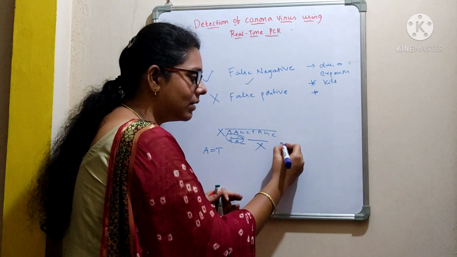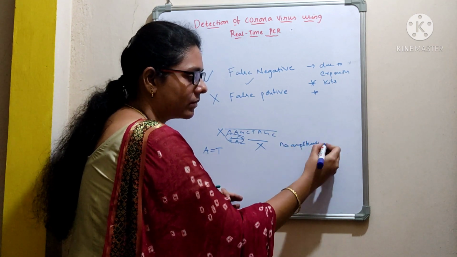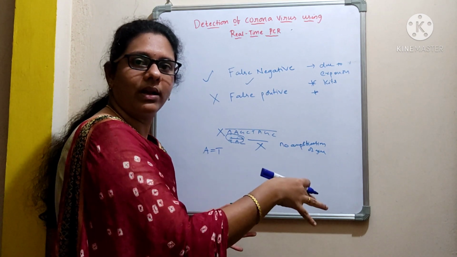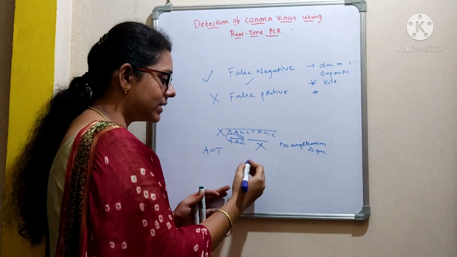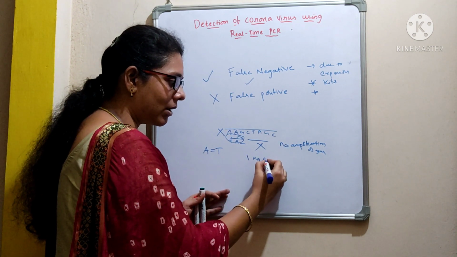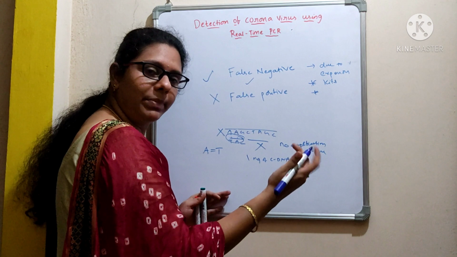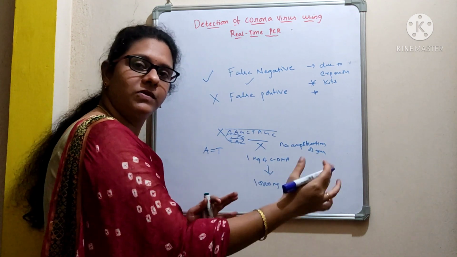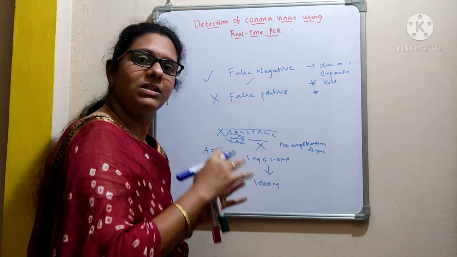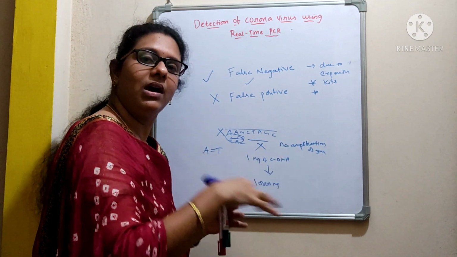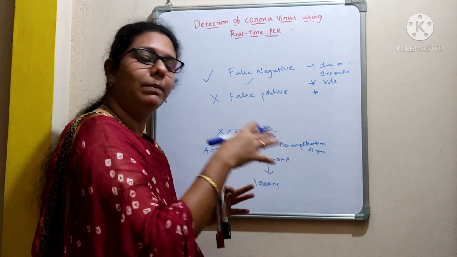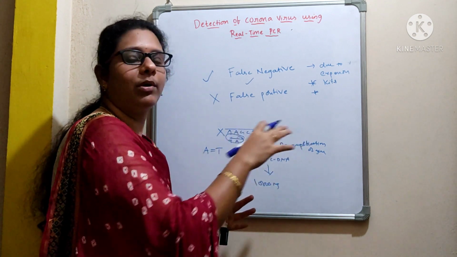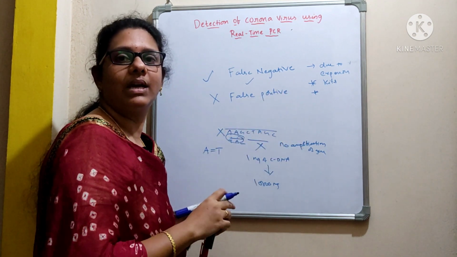That means there will be no amplification of the gene. If there is no amplification, there is no PCR product, right? If the gene is amplified, for example, initially if we take 1 nanogram of cDNA, it may convert into some 1000 to 10,000 nanograms of cDNA at the end of PCR, because we are going to increase the quantity of the gene. But when the gene is not amplified, there will be no increase in the quantity, right? So no PCR product will be identified at the end of the cycle.